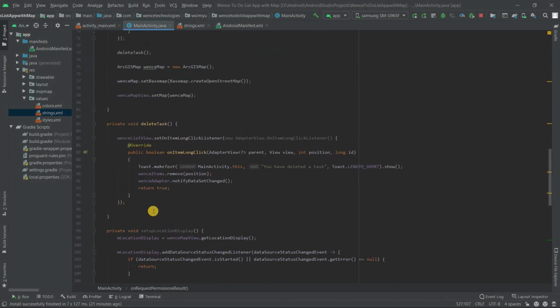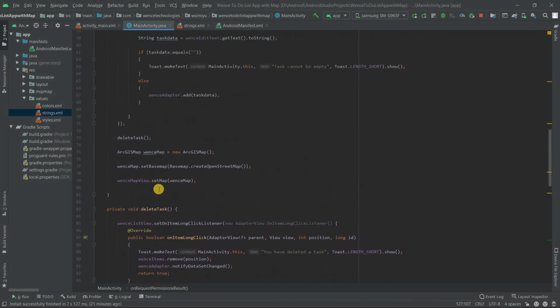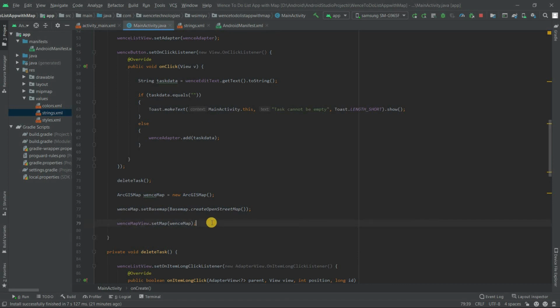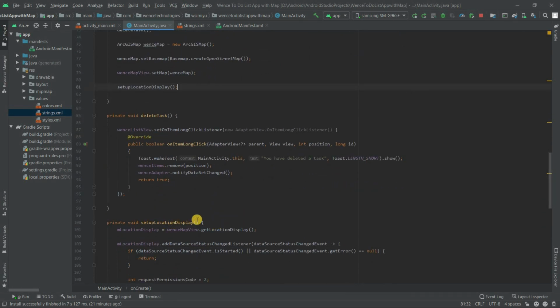After doing that, you now come to your set of code, down here, just after declaring your map view and setting the map, you now want to set up the location display. All right, so you add our method, and this should be enough to have added our location to the map. All right, so I'll just run this,